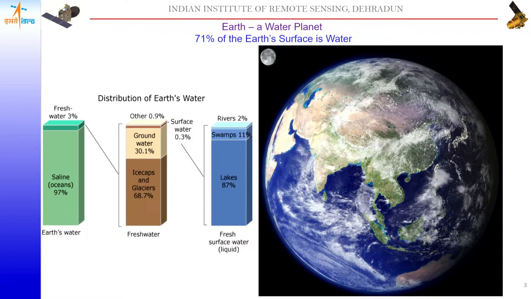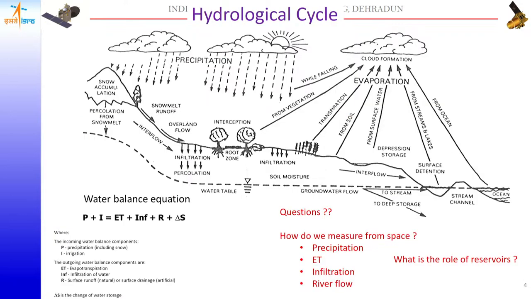And within this 1% also, the lakes and swamps cover the majority of the distribution, the rivers constituting only 2% of the surface water. And then, because this is not static, it keeps on moving from one part of the earth to the other through the global cycle, where one of the cycles is the hydrological cycle, where the sun is providing the source of energy, and this water evaporates from the oceans,